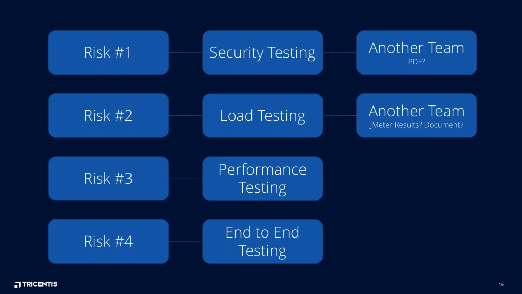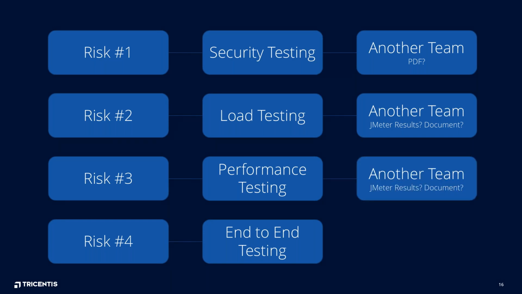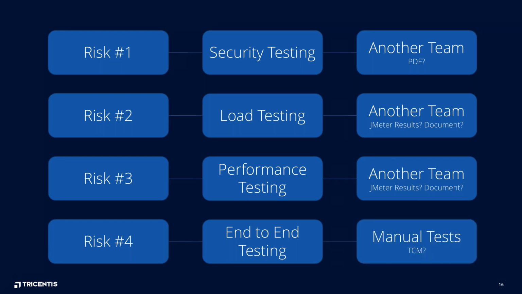So if I look at load testing, usually a load testing team, they might give you an HTML dump of results or some other kind of document, but is rarely integrated into however you're tracking all of your other testing. Performance tests, same kind of thing. Maybe they're using JMeter and you have some JMeter specialists. And end-to-end testing, this is still manual. So as much as I hear people doing Selenium tests, it's still manual in the vast majority of cases I